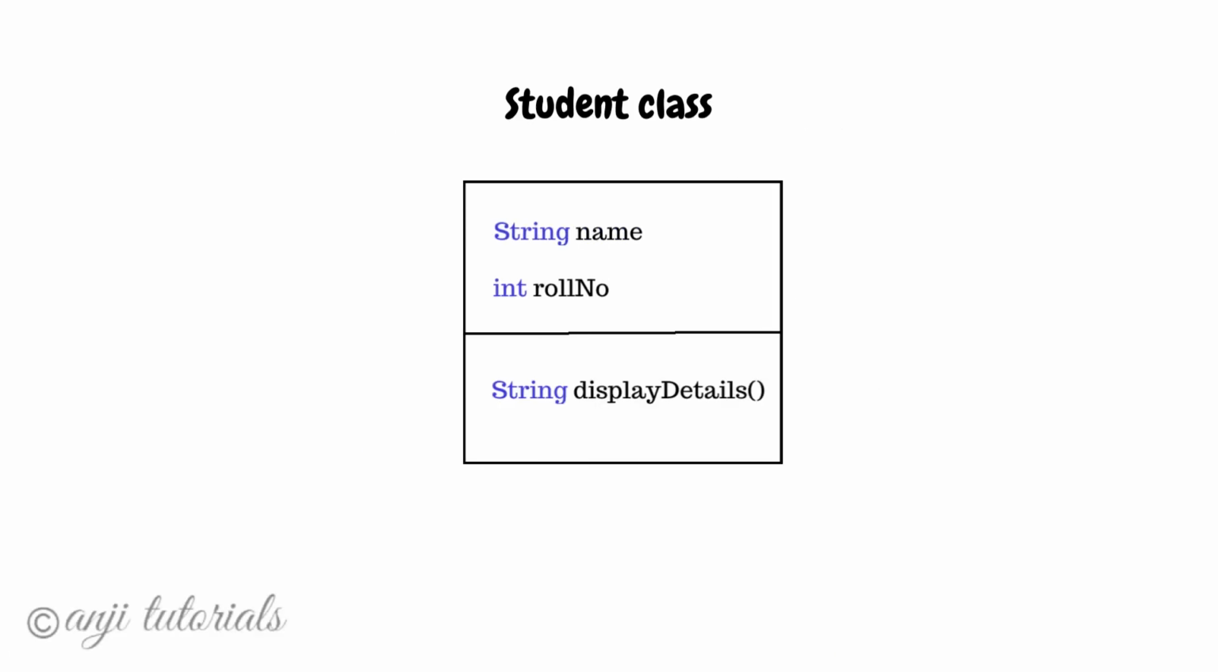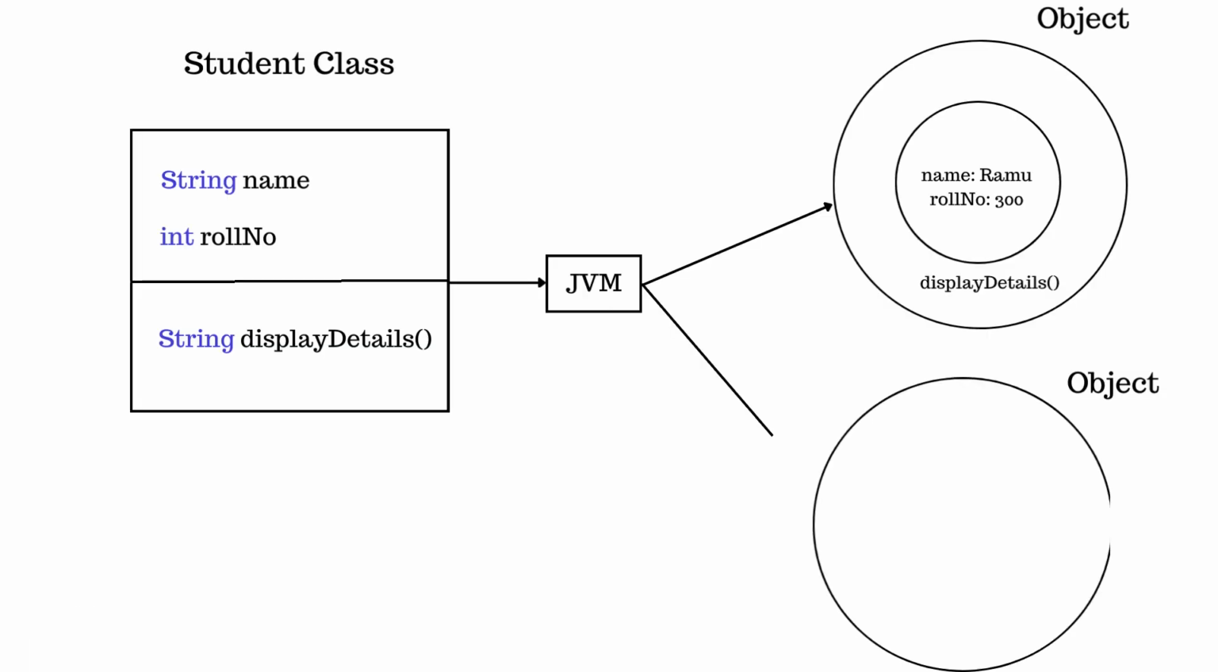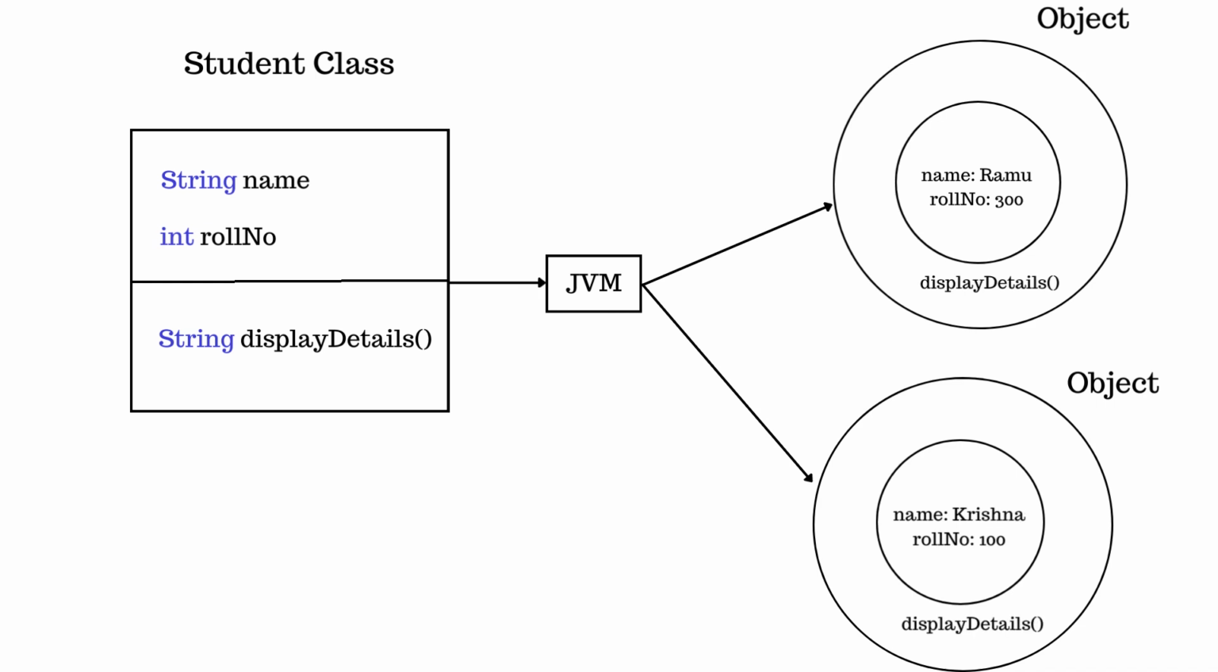Here we are having a student class. This student class is having two properties, name and roll number, and one function, display details. In Java language, properties are called attributes or instance variables, and functions are called methods. JVM will take this student class as a reference and construct objects from it. Here we can see JVM has constructed two objects having name attribute values as Ramu and Krishna and roll numbers